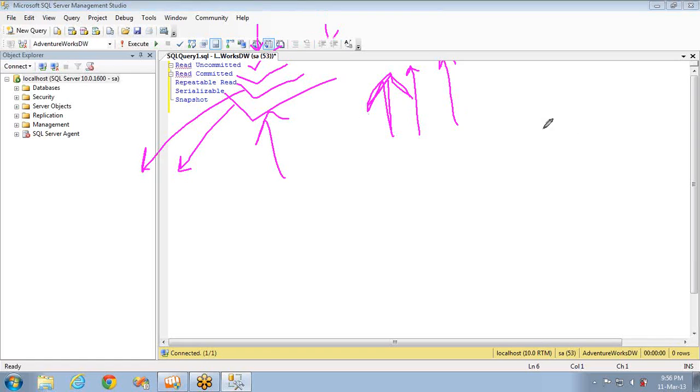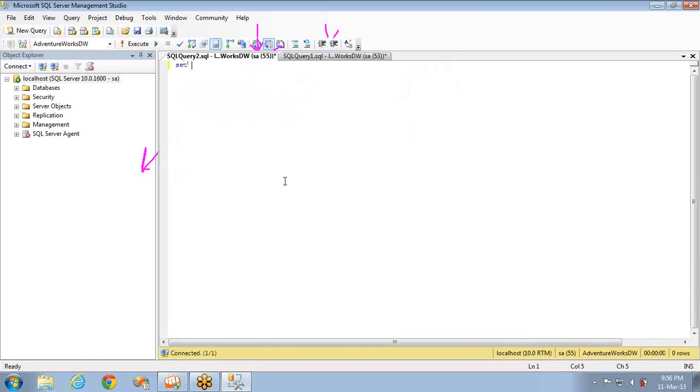Before going to the examples, these transaction isolation levels can be set using the SET operator: SET TRANSACTION ISOLATION LEVEL, and give the isolation level type like read committed.